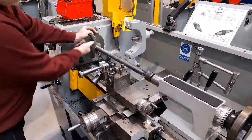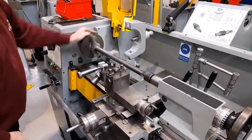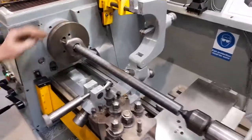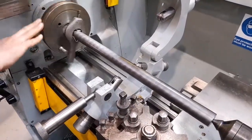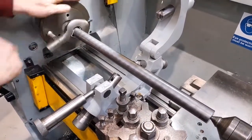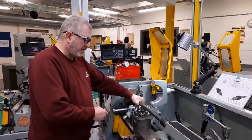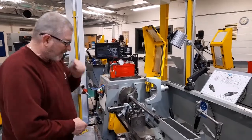You can then see that the driving dog engages with the pin, and as the spindle turns, it moves the workpiece around. Having set up the workpiece in between centres and making sure that it's secure, the next thing I need to